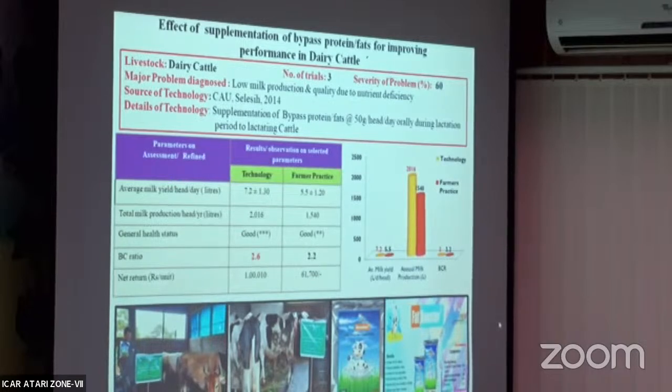7.2. There is no objection to bypass protein. Okay. It is more than what local farmers get. But not much protein is needed for animals that are not high producing. For high producing animals it is needed. Otherwise, if you feed 7 kg, 2 liters of milk will be produced by animals. There is no problem at all, okay? So it is a high producing animal.